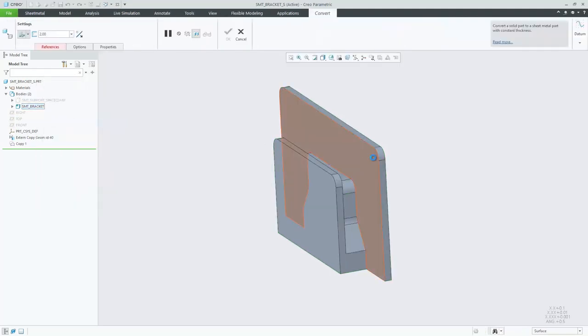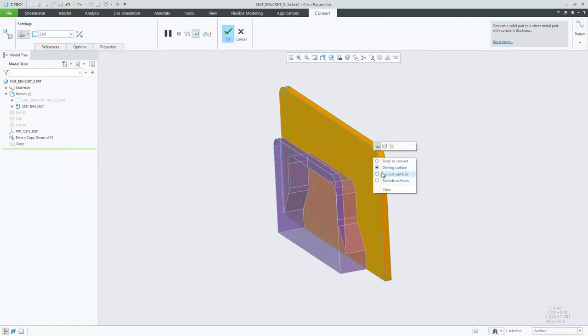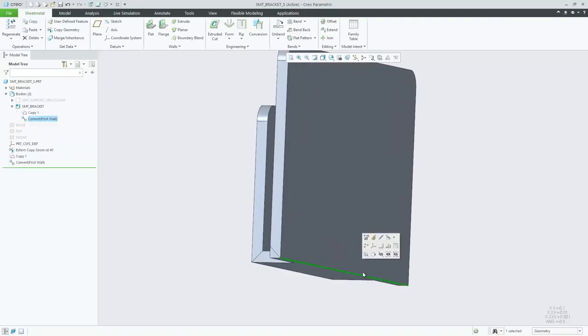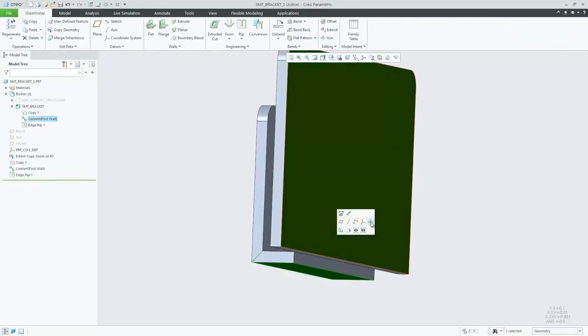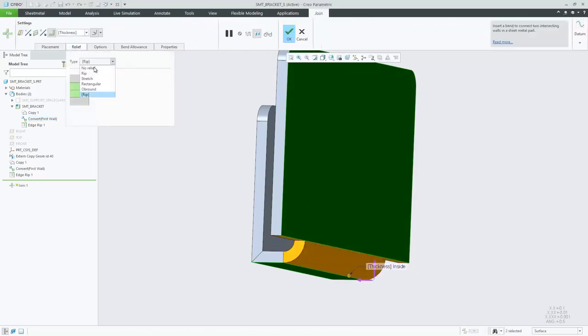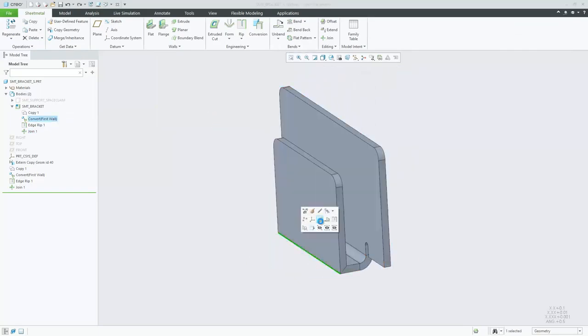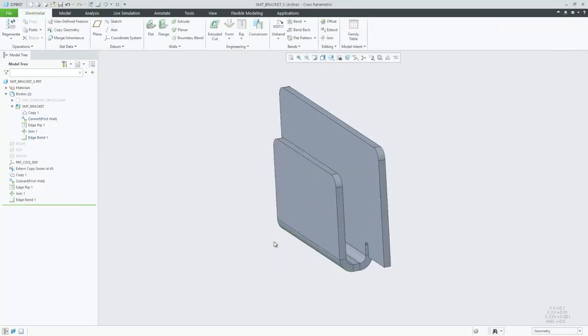regular geometry part. You can now convert a selected single basic solid body to a Sheetmetal body, identified by a body icon colored in green. In addition to the body conversion, the entire part is converted to a Sheetmetal part during this operation. Now, Sheetmetal specific commands such as edge rip, join, or edge bend can be used to further design the Sheetmetal